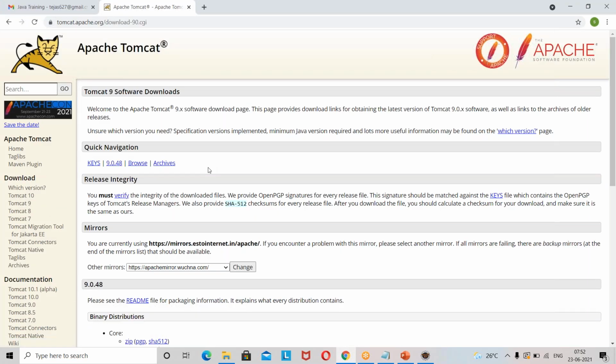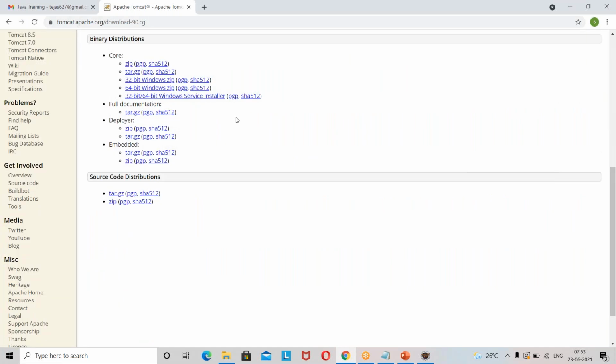So as I told you, you can just go to the Tomcat Apache downloads and click on downloads here. Here you will see, based on whether your Windows version is 64 or 32-bit, you can download it. You can download an installer, which will do the installation.